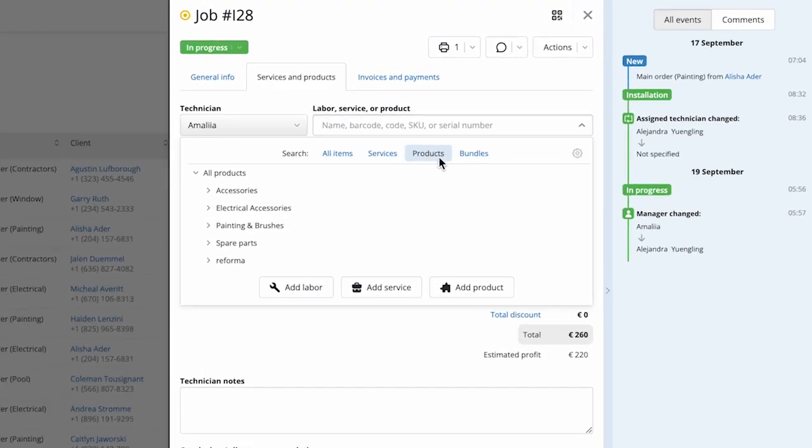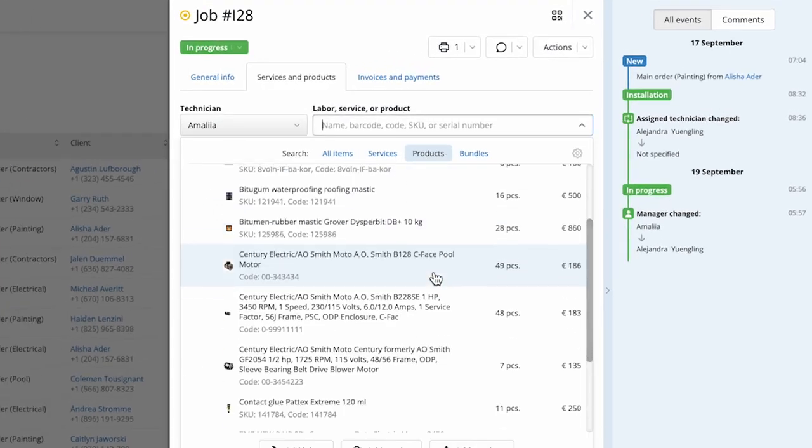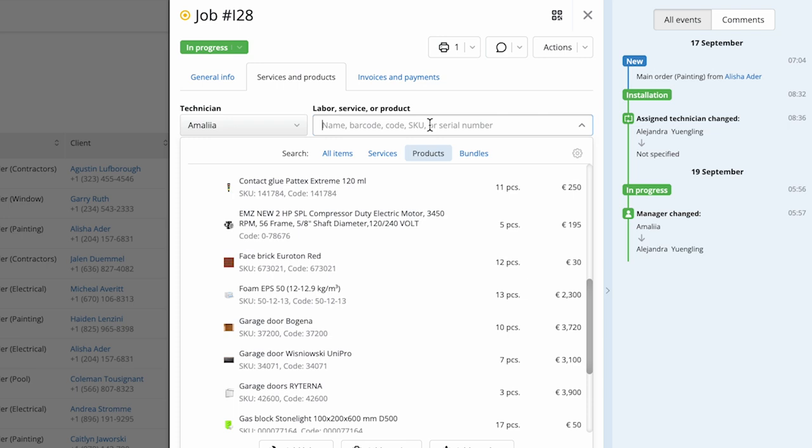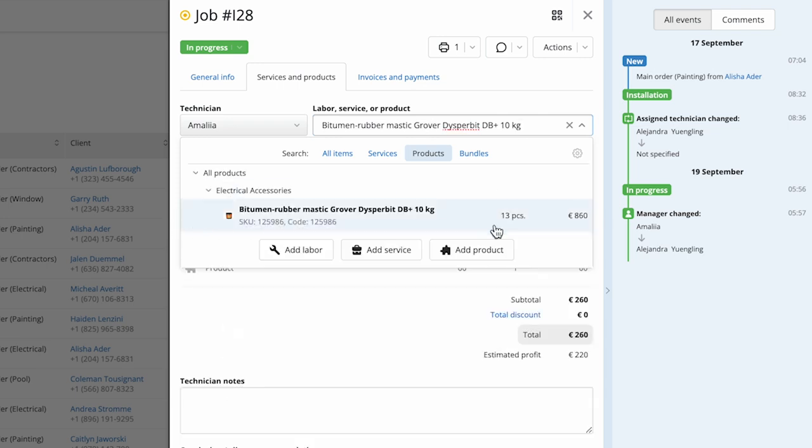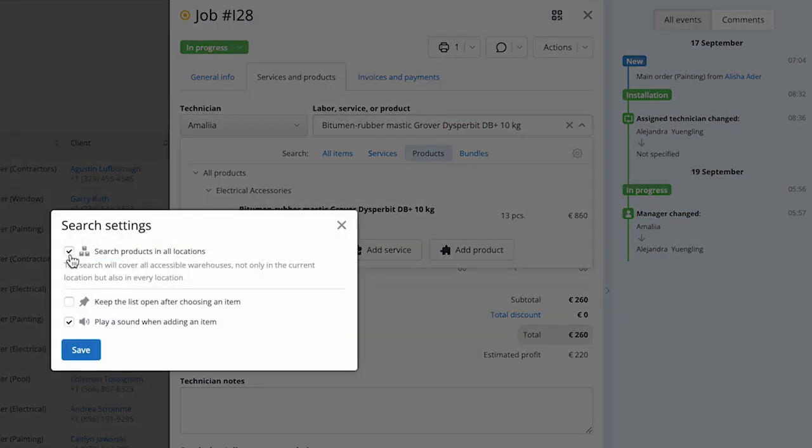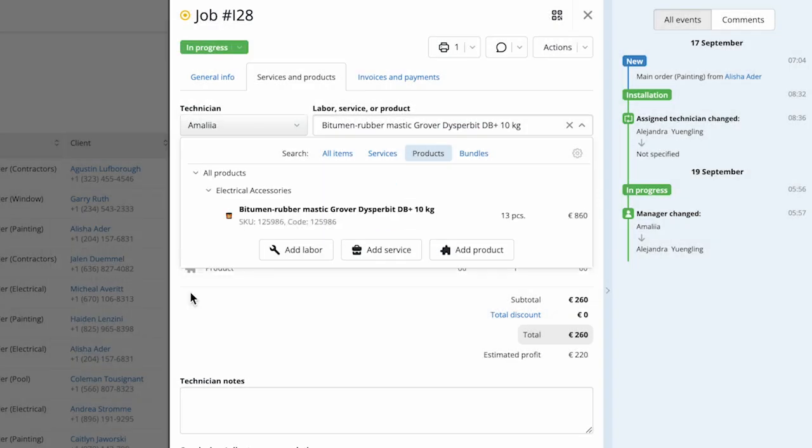Use the drop-down list to find the product by name, code, barcode, or serial number. The system will show you the number of products in the stock overall. If you have different locations, you can decide if you want to search in all of them. If you have one location but different warehouses, when clicking on the product, you will choose which warehouse to take